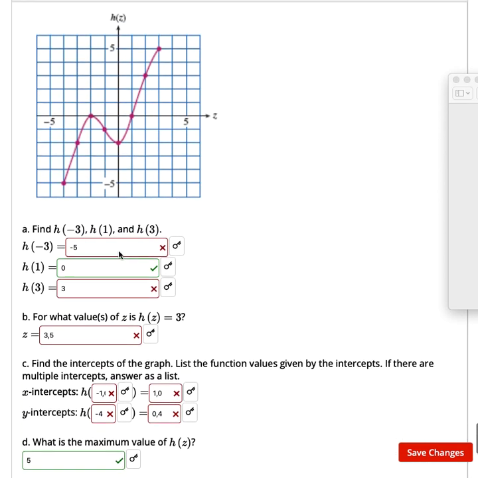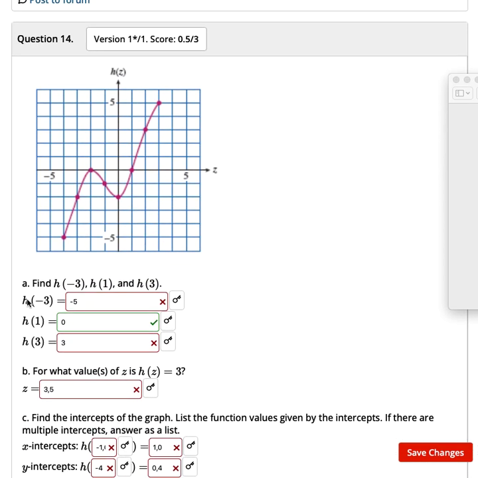Asking us a whole bunch of things about this picture. So find h of -3, h of 1, and h of 3. When we're finding h of something, that means they're giving us the x value. In the parentheses is the x value. So this is saying when x is -3, what would y be? If we look at our graph, we come over to where x is -3, then y would be